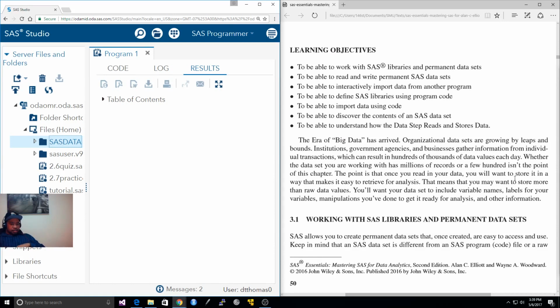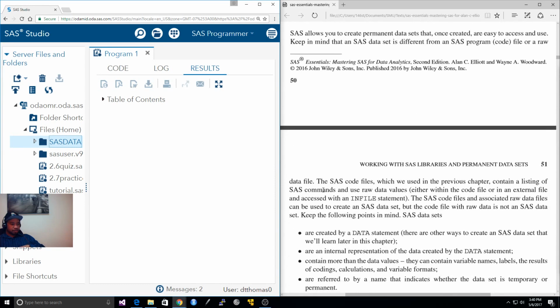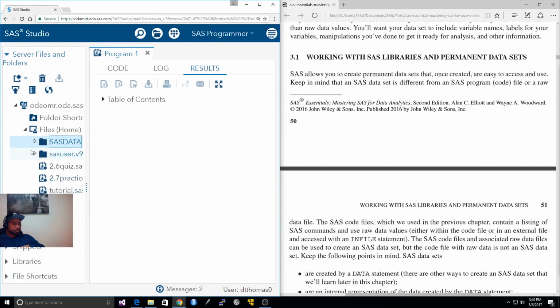Working with SAS libraries and permanent data sets. So SAS allows you to create permanent data sets that, once created, are easy to access and use. And keep in mind that a SAS data set is different from a SAS program code file or a raw data file. All right? And so, like in my library, in my